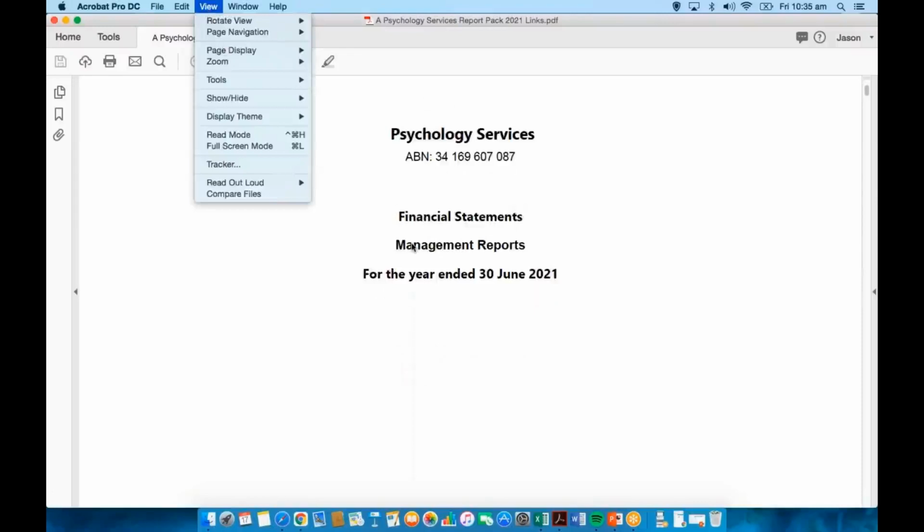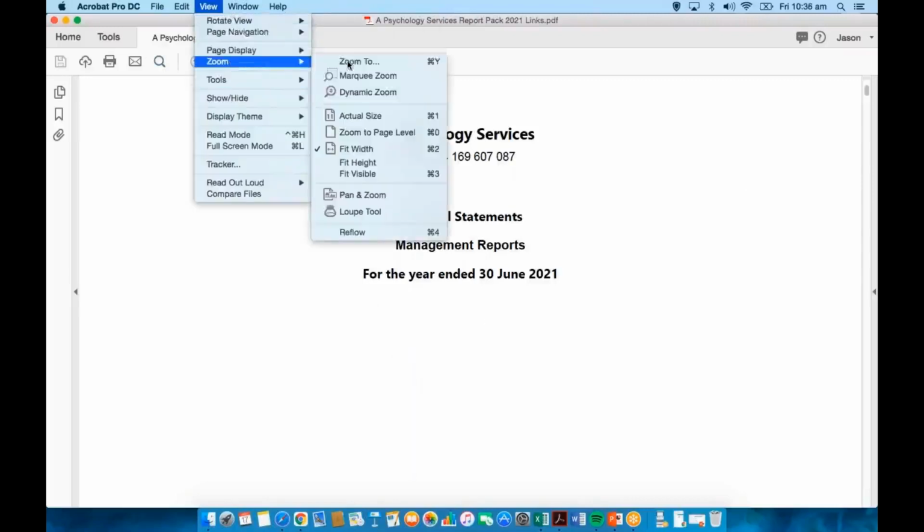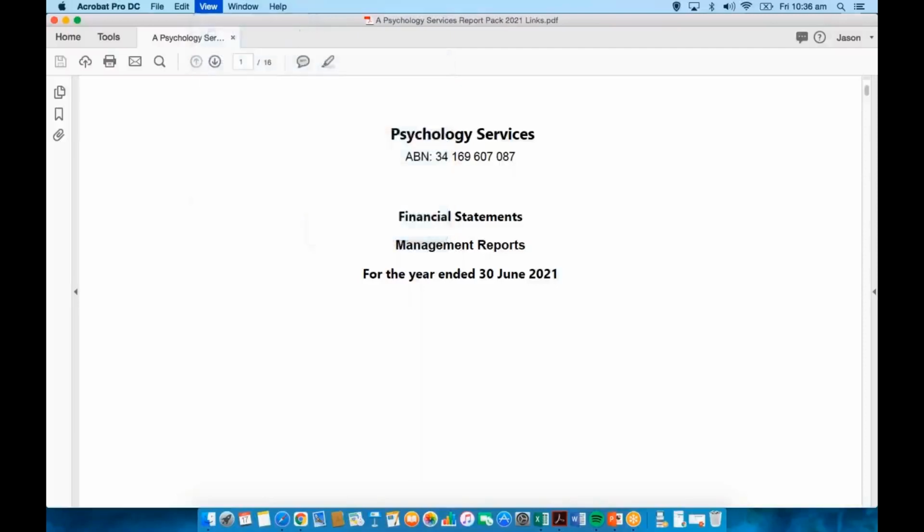So it includes both the financial statements as well as these other management reports that I was referring to, such as the actuals versus budget. So if we just see how this looks, let's change the zoom so we can see it a bit better. So we change this to say 75%,